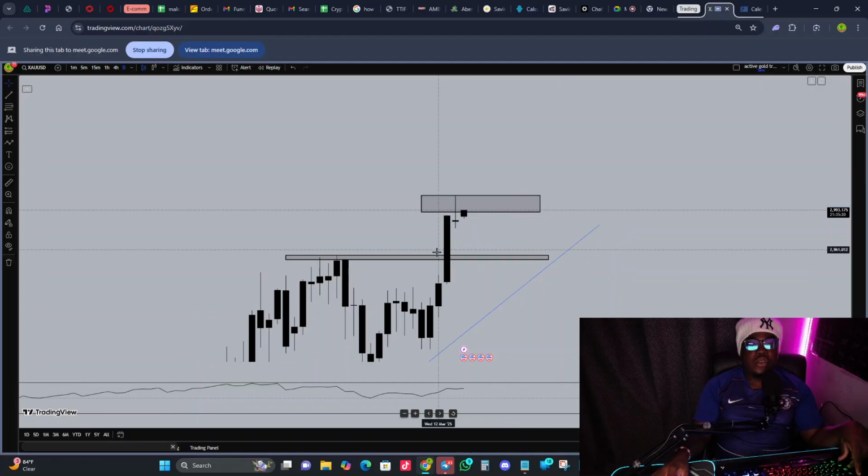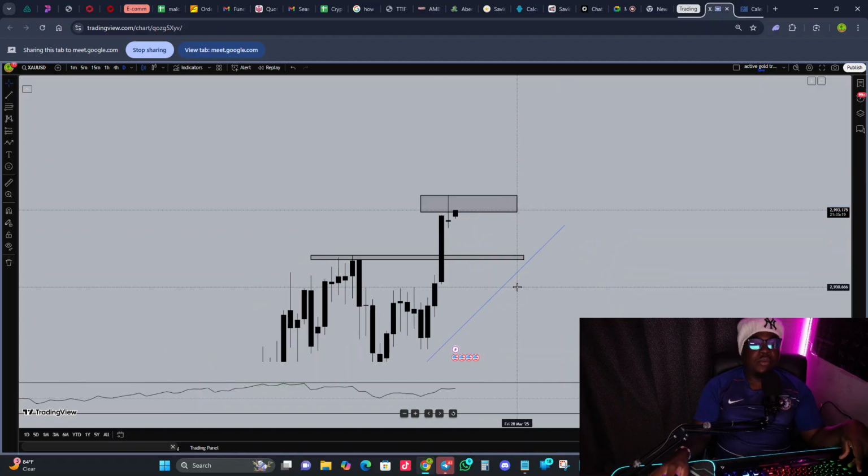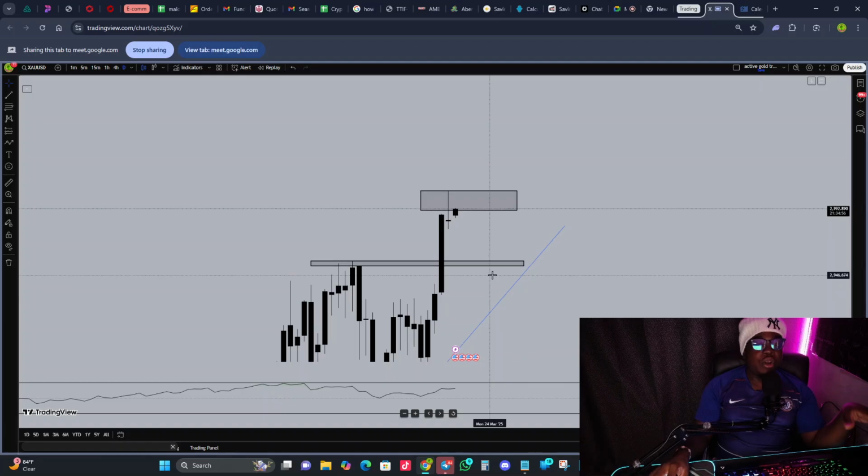So because we know the market is push and pull, we would wait for the market to push, do what it had to do, confirm the zone, which is a close above, because remember, we just get wicked out if we don't wait. And then we wait for the market to come back to make sure this zone is good. We would buy from the lowest area possible. You don't want to buy at a high price. Right? Why would you buy something at the most expensive it is? You want to buy something at the lowest price. The lowest price you would get